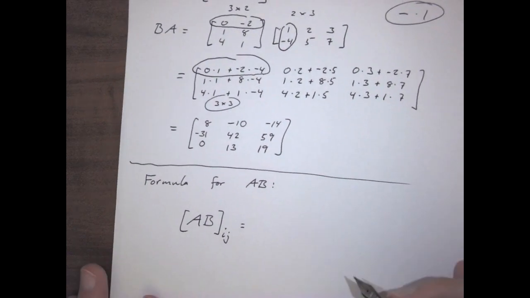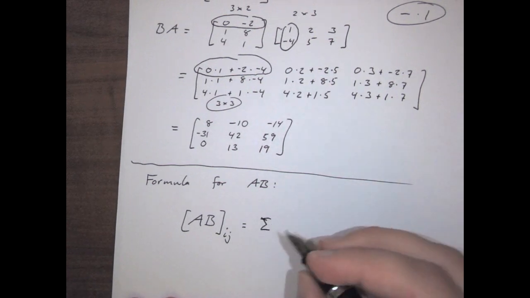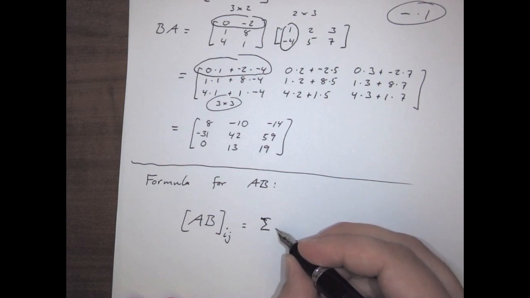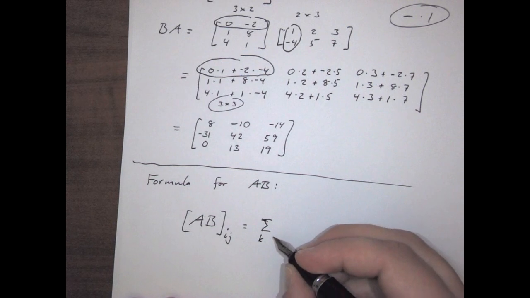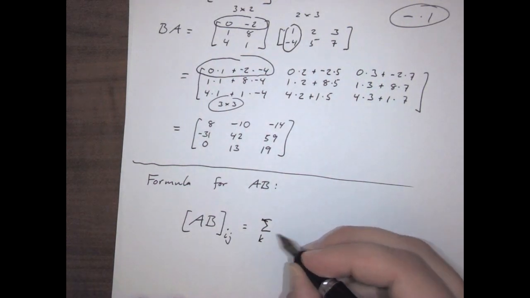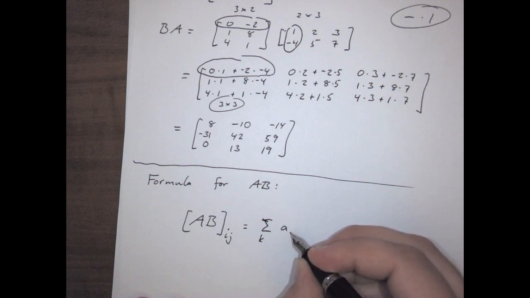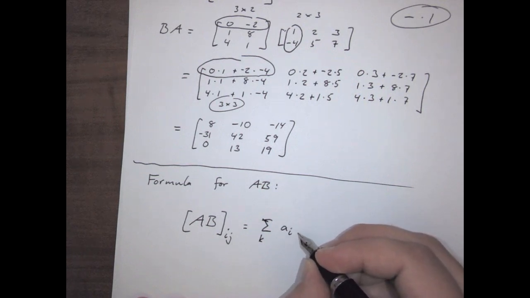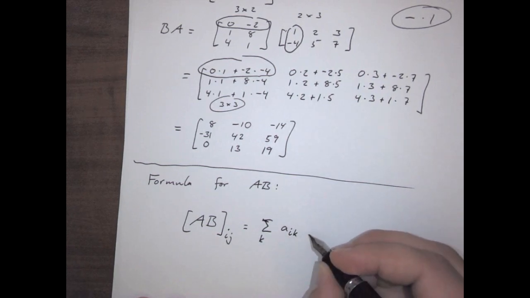So the row of this is going to be determined by the sum. So it's going to be a sum, and it's going to be for K, and the sum is going to be A, and the I is fixed, and the column is going to be changing, and then